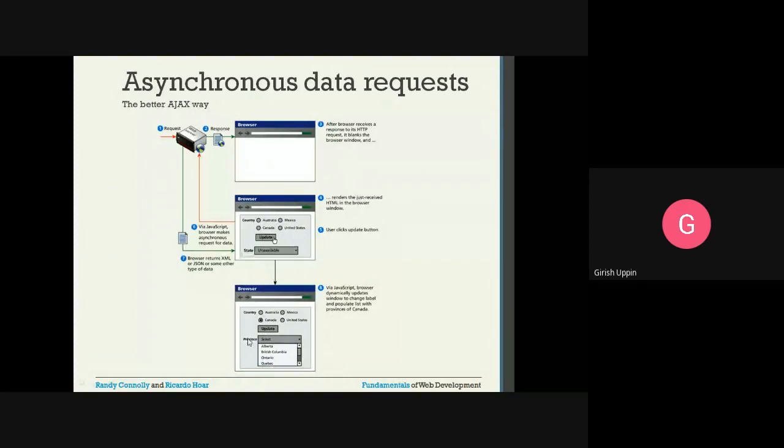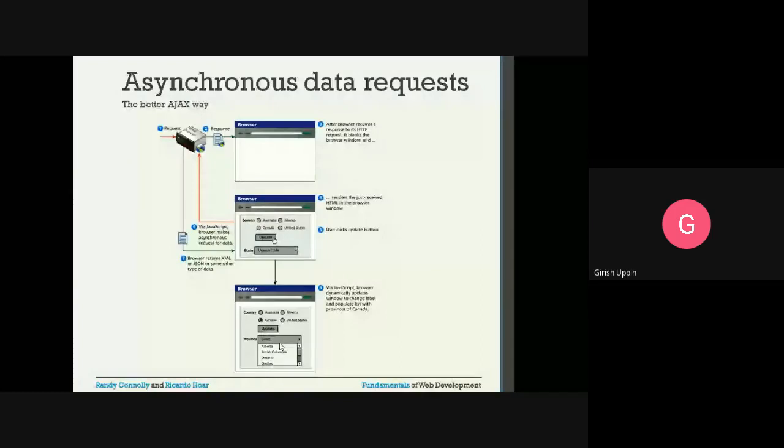In Canada, those are called provinces. Then it is updating these particular values. So this is done dynamically. You can see the rest of the form remained as is. The only thing that got changed was this particular label and the list of values for this control.